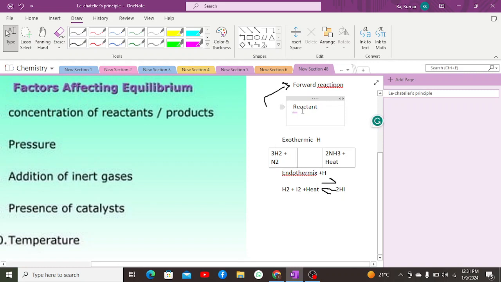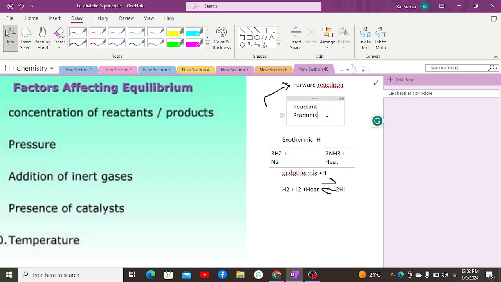Likewise, if we want more products, this will require less heat. If you're decreasing the heat, then in order to evolve more heat, the system will tend to undergo a forward reaction. The reactants will tend to collide with each other, increase the number of effective collisions, increase the rate of the forward reaction, and thus ultimately go